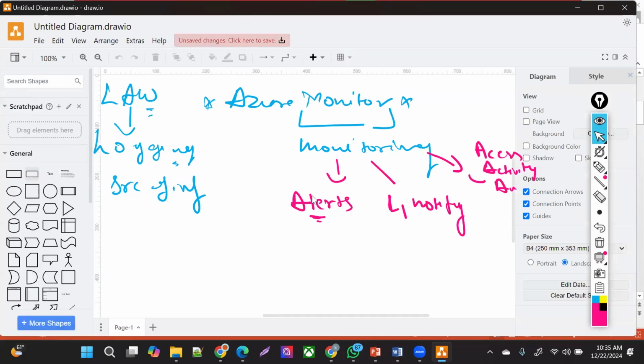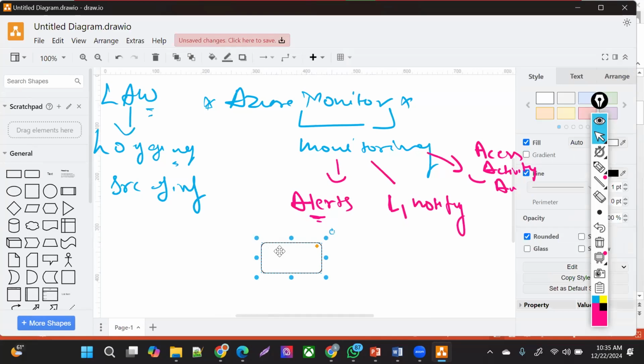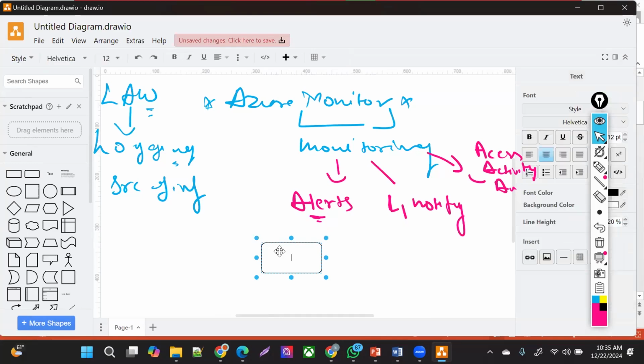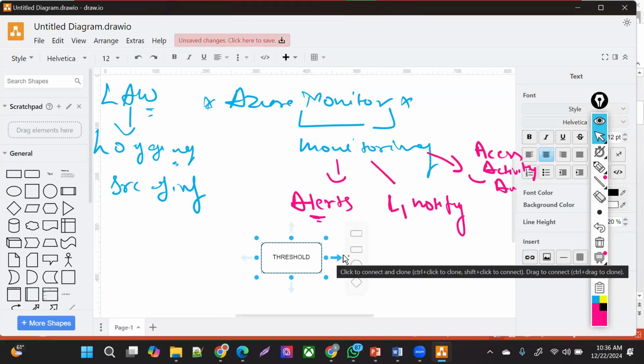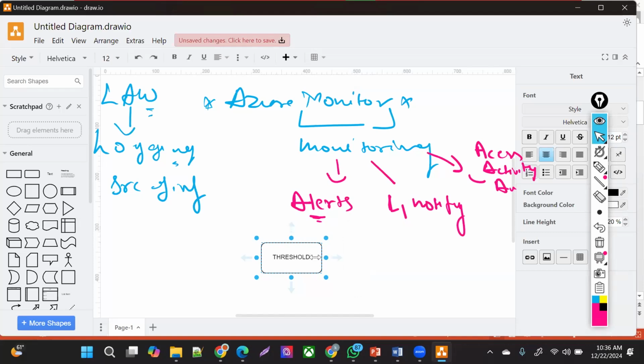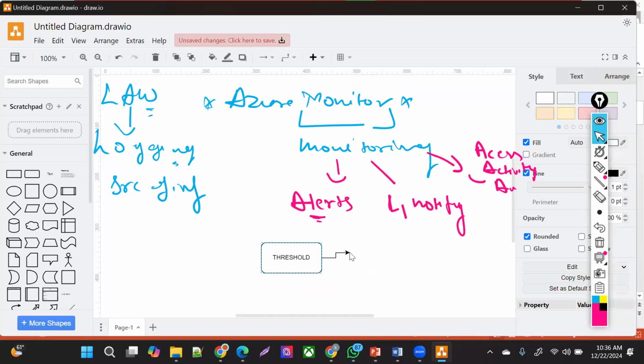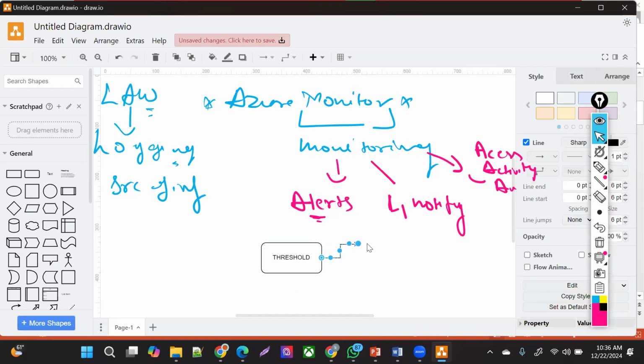Now, the threshold which I'm talking about is the parameter on which you are going to categorize your alert, the maximum limit on which my application can trigger that alert. This alert threshold can be of two types. One is